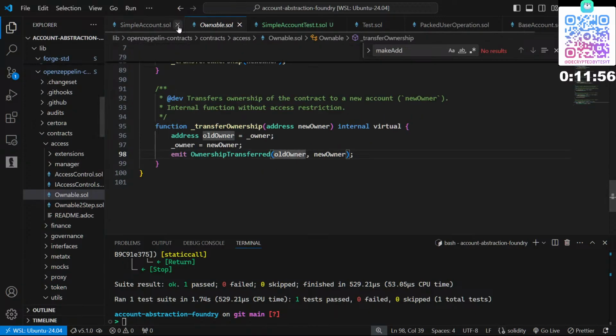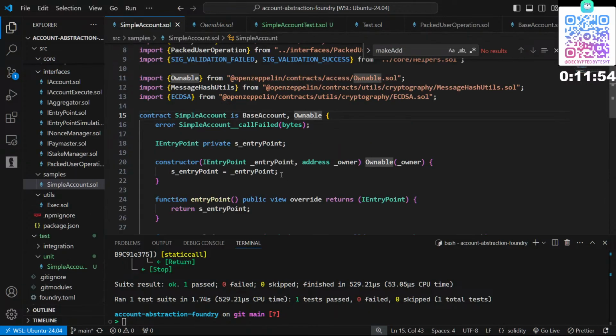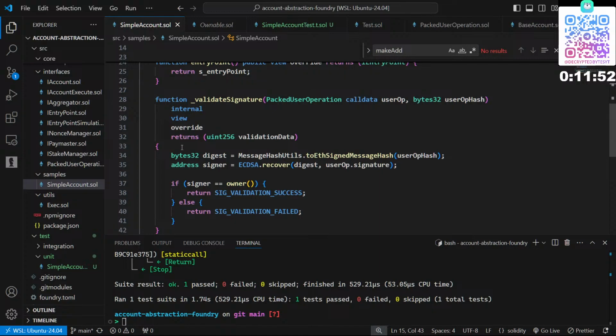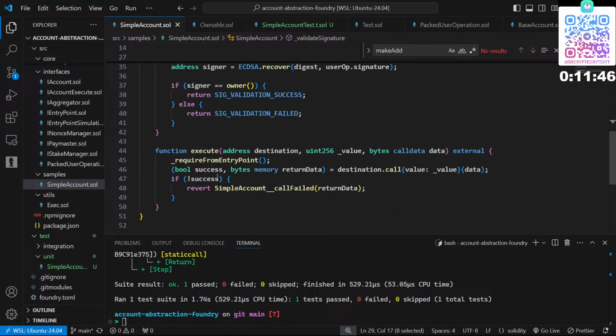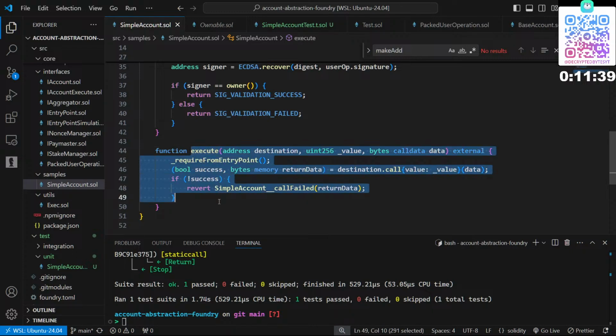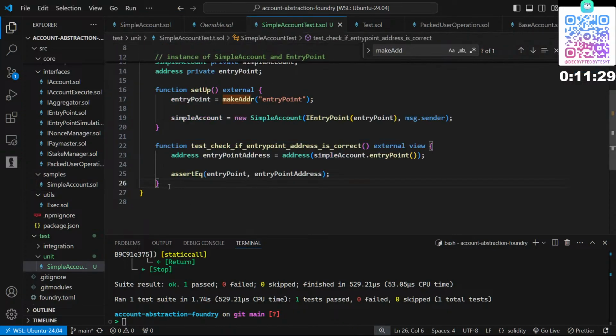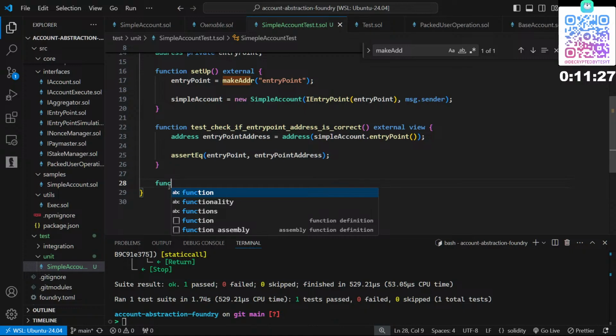So what is the next thing we can do? Next thing, let's ignore this because it's internal. We don't really know how to test it right now. Like I do know it, but we are gonna do that afterwards. This thing, we can test this. This is an external function, so it won't need anything else. So let's test if function